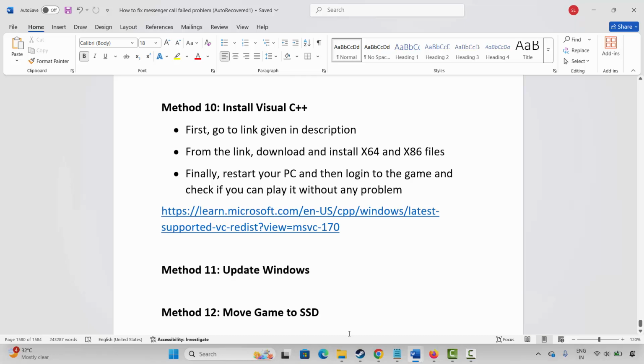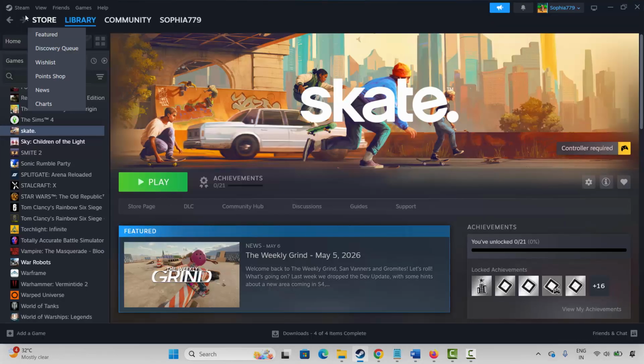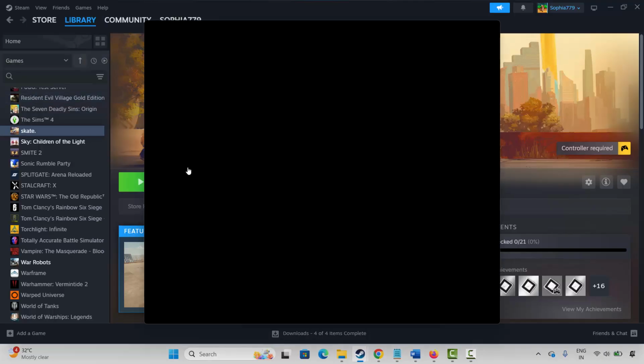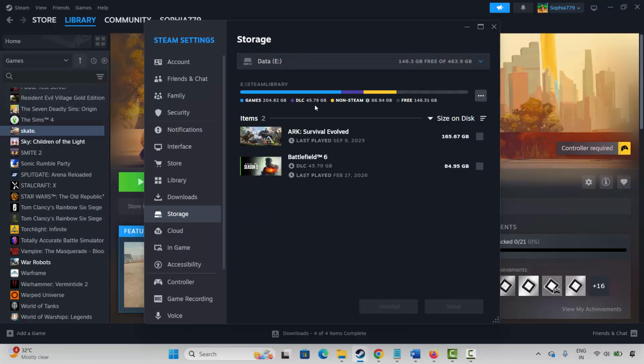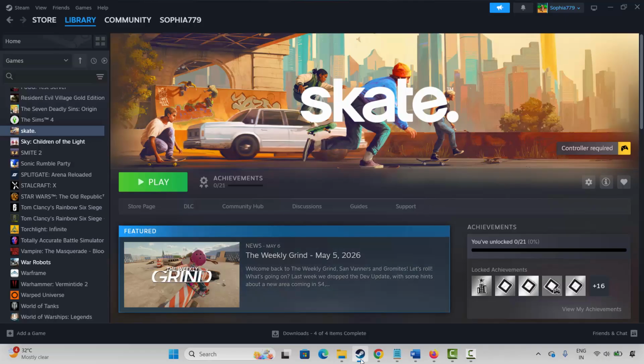For that, go to Steam, click on Steam option, click on settings. After that, click on storage, and here you will find all the games listed on SSD or on other drive. So if your game is installed on another drive, you simply have to select it, and after that click on move option and move the game to SSD. After the game is installed on SSD, you have to click on the play button to check whether the game